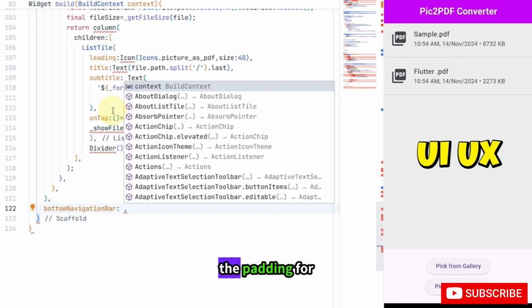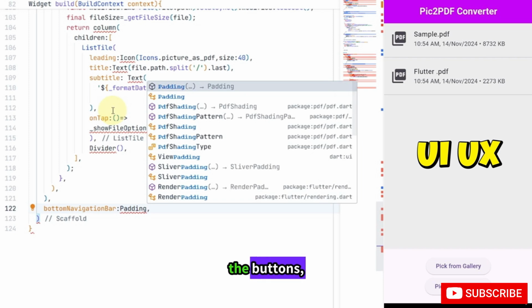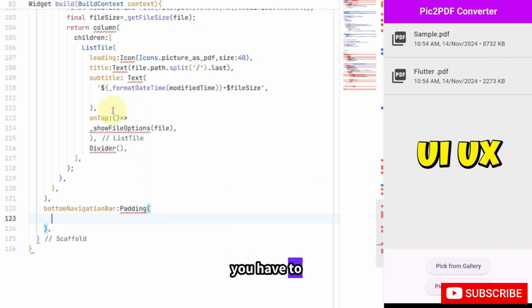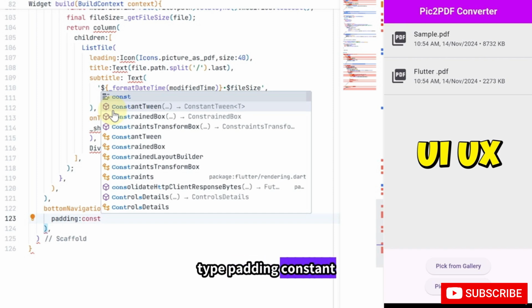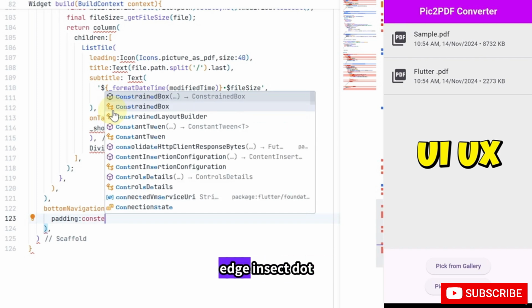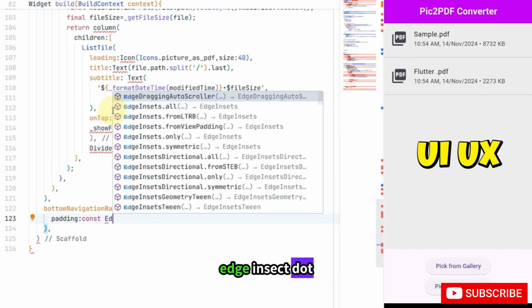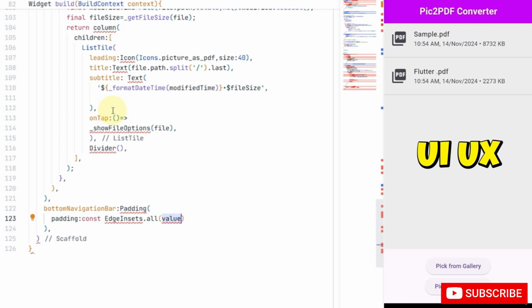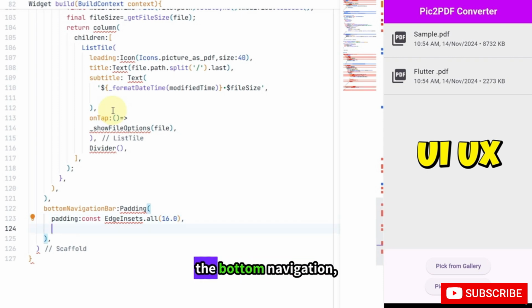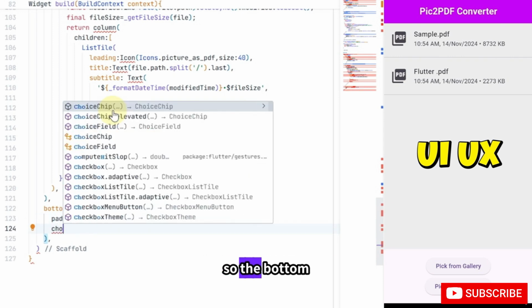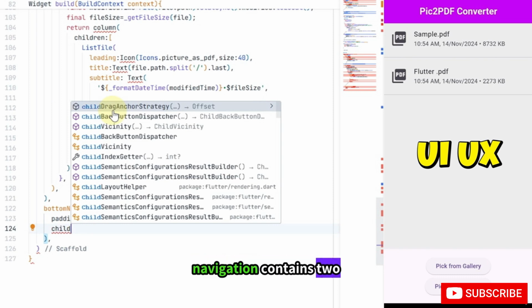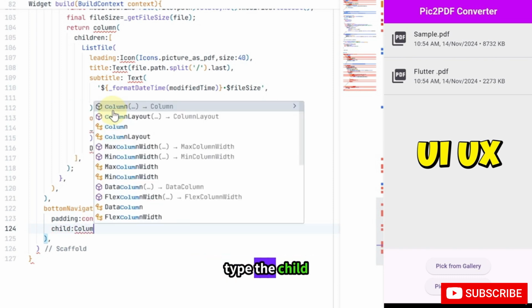You have to provide the padding for the buttons. You have to type padding constant edge insect dot all. You have to type the value 16.0. So we are going to provide the padding for the bottom navigation. So the bottom navigation contains two options, and then you have to type the child column